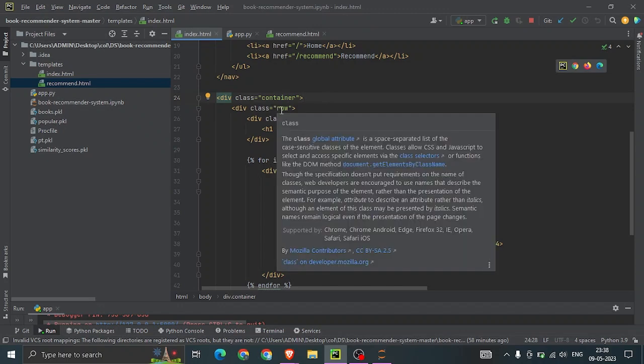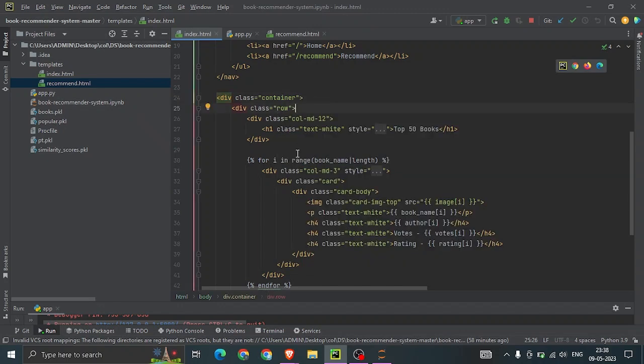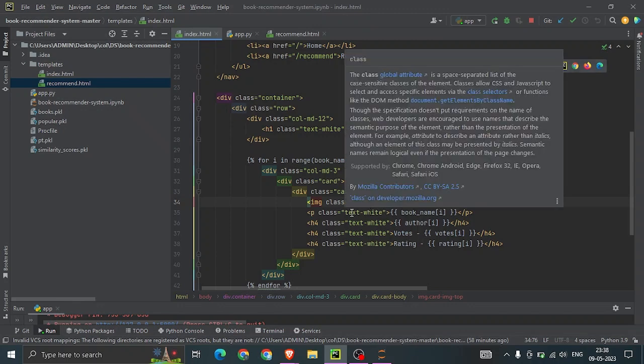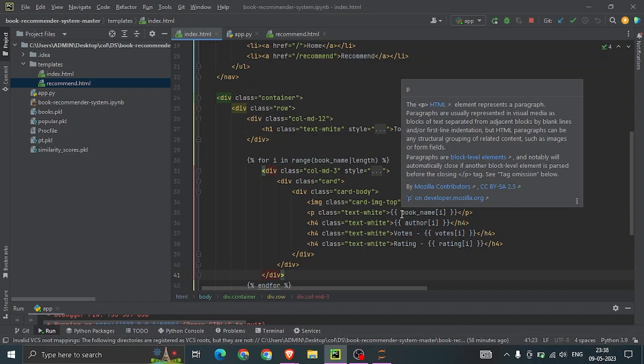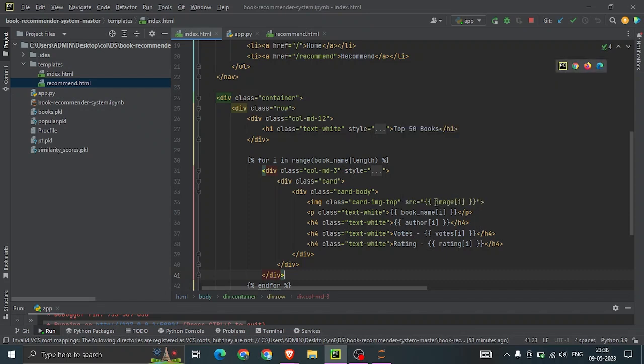The books will be positioned in a row, that is for i in range of the book length, with col-md-3, so basically four books in a row will be displayed. The text will be white, and it will show the book's name, author, votes and rating along with the image.